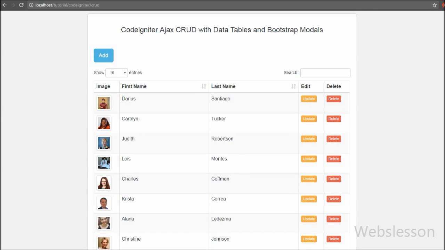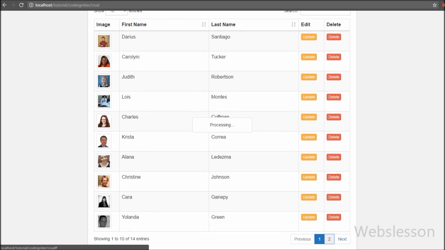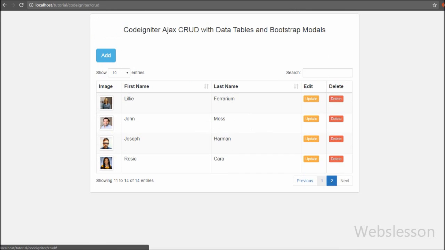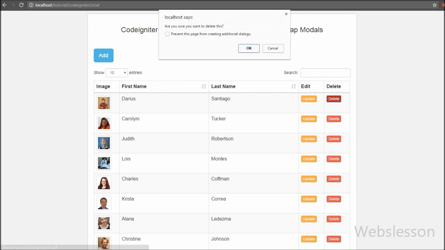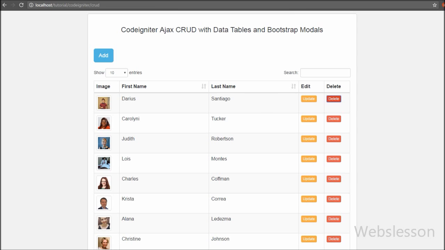Hello friends, in this part we will be discussing one more CRUD operation by using Ajax in the CodeIgniter Framework. In this part we will delete or remove records from a MySQL table in our CodeIgniter application by using Ajax without page refresh. In the previous part we have already discussed how to update or edit MySQL data by using Ajax